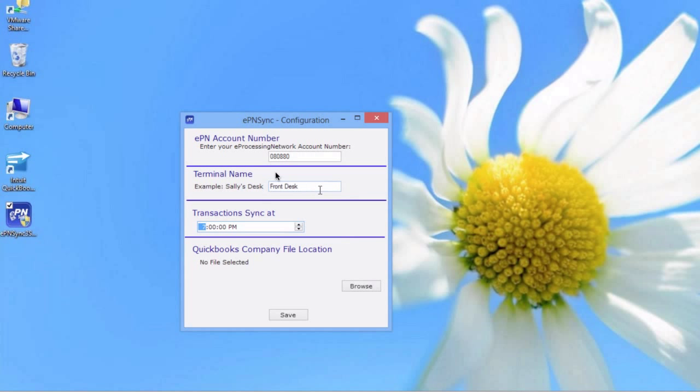When you begin the configuration process, the first thing we ask you for is your eProcessingNetwork account number. Enter it, and then directly below that, enter the terminal name in the next section. The third section is where you specify the time at which you want ePNSync to perform the transaction synchronization between